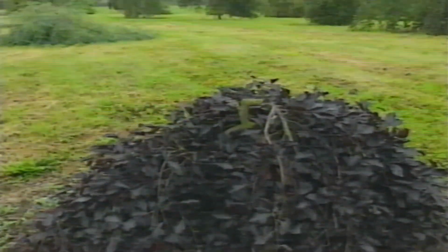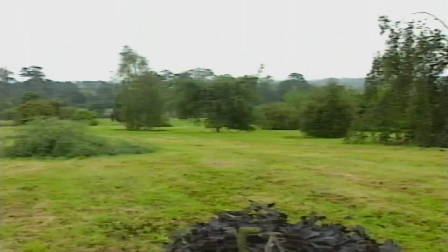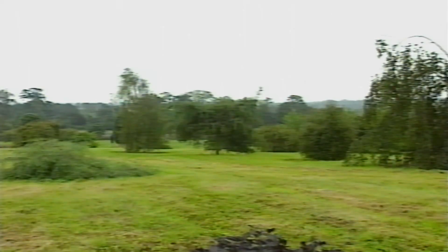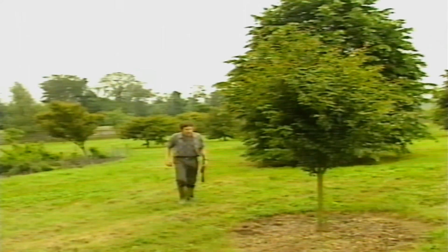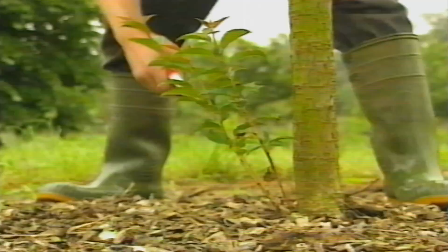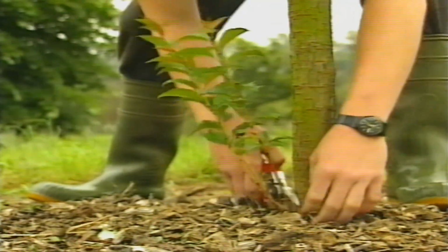The Jubilee Arboretum dates back to 1977 and now includes a comprehensive collection of species on its vast site. It's westerly facing and therefore exposed, but tree growth has been greatly improved by windbreaks. Whereas much of the pruning activity takes place in the winter, Frank Harrison needs to undertake some of the work